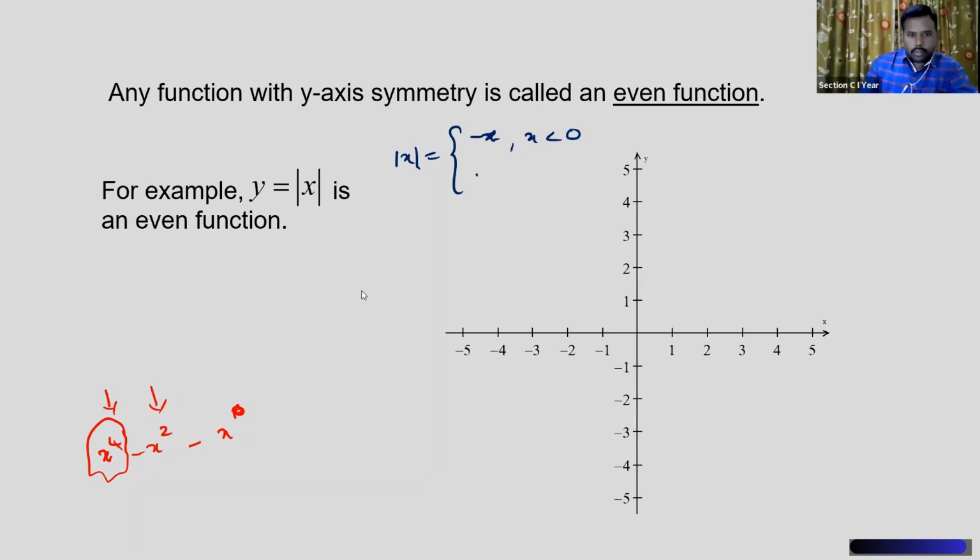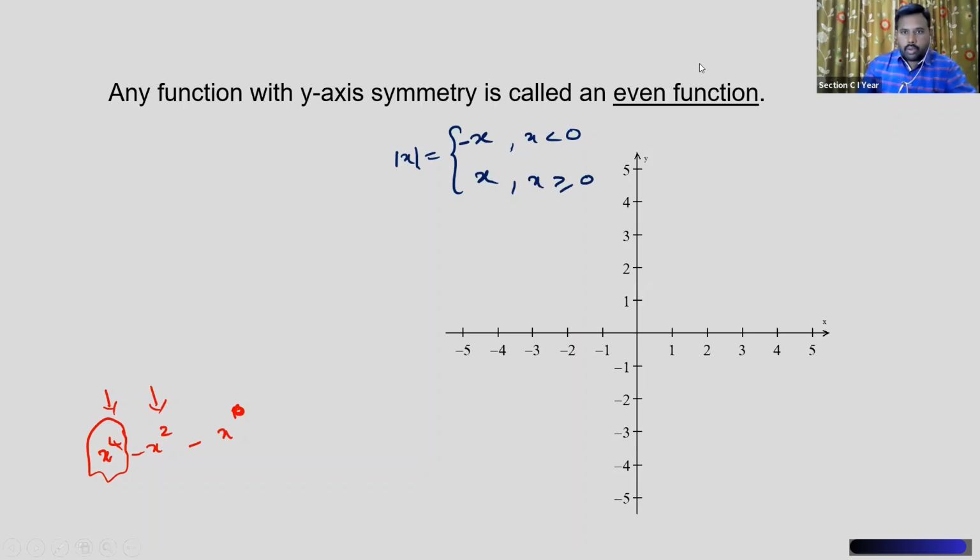All right. As he is saying, mod x can be taken as minus x for all negative numbers, and it is x simply for all positive values including 0. When x is 0, the function value is also 0. Then with this definition, if you just draw the diagram of mod x,